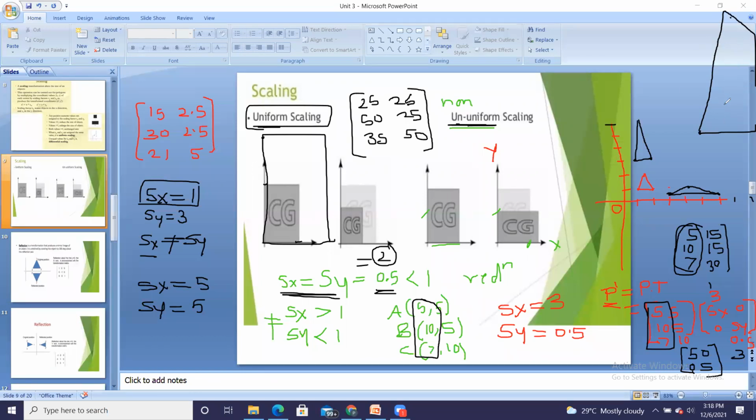Okay. All of you are getting this now, where the object is increasing along x-axis and along y-axis both with equal value 5. That's why it is a uniform scaling. Okay. One more objective type of question which is very favorite for the examiner is